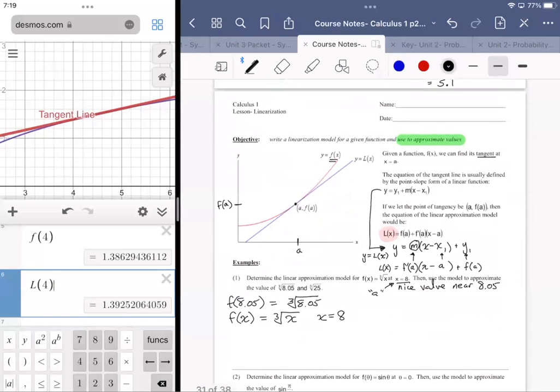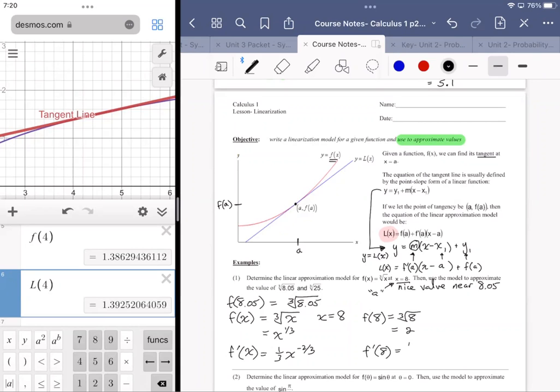So going into this, it's the same idea as the first one that we did. x to the 1/3 is what my original function would be. The derivative of that is 1/3 x to the negative 2/3. All right. And so evaluating this function for our nice value of 8 and evaluating the derivative for that nice value gives us f of 8 equal to the cube root of 8, which is 2, and f prime of 8